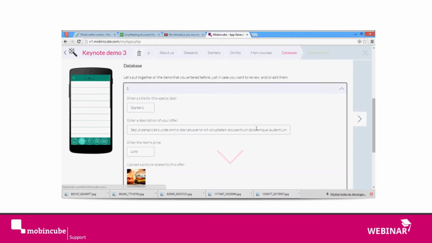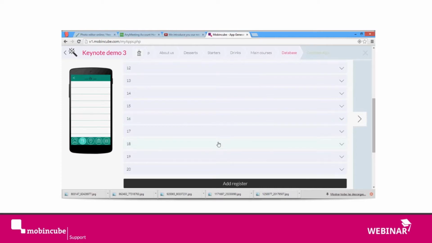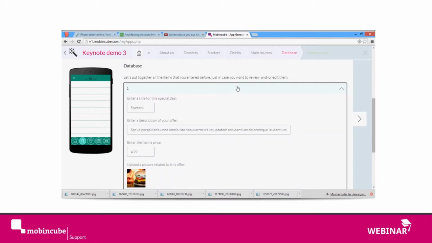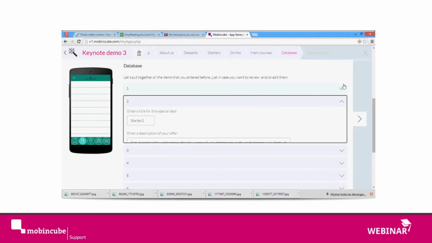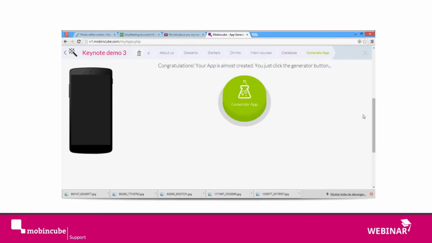And after I enter all that information, I can have all the items that I enter in the database. I mean, main courses, t-shirts, links, everything. I have all of them here. For each section, I have like 4 items by default. In case I don't want to use 4 items, I can delete, or I can just update all the items. Yeah, and I'm done. If I click on next, I reach the end of this wizard